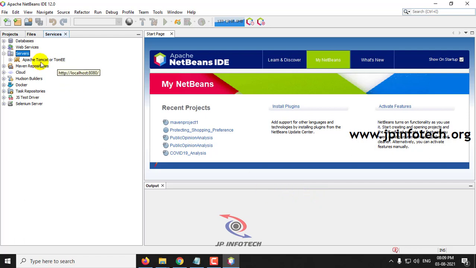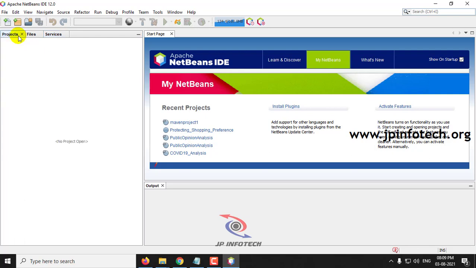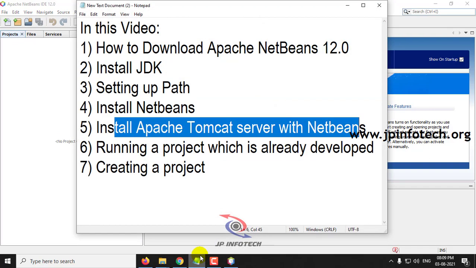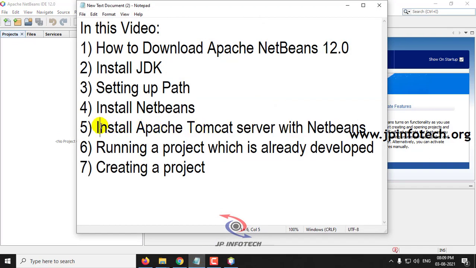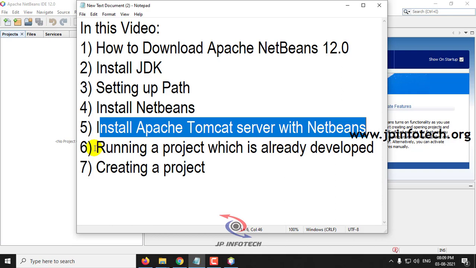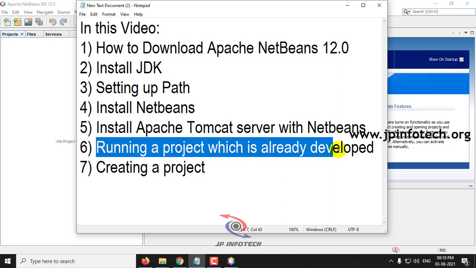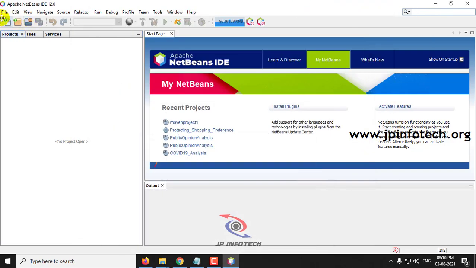And now you can see the Apache Tomcat is being added here. So let me check it by running a project. So now we have added the Apache Tomcat server with the NetBeans. Now the 6th one is we are going to run the project which has already been developed. So for that purpose, let me